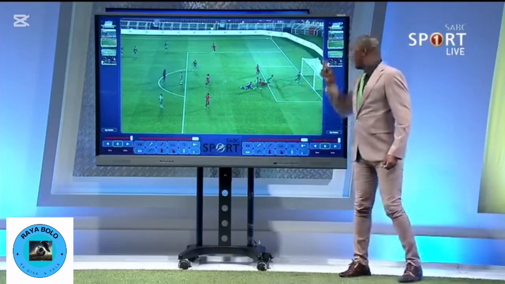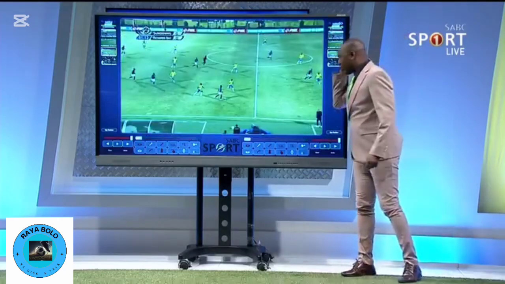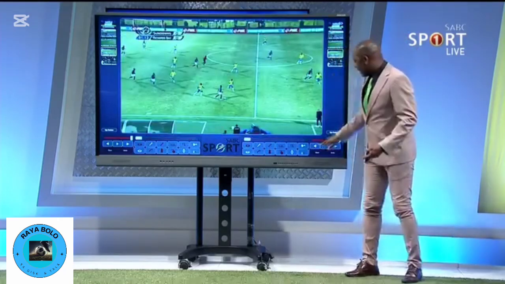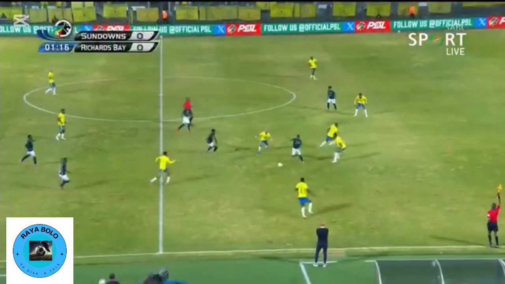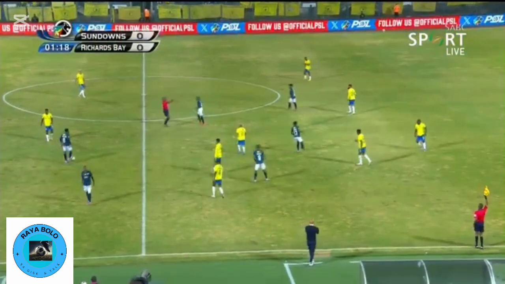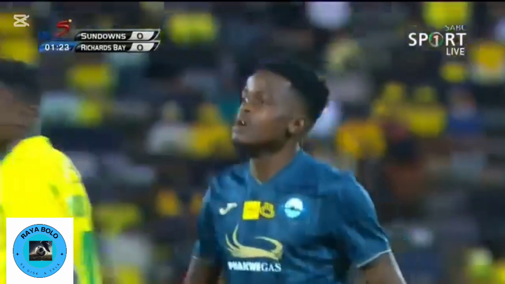Let's go to the next one. We see Gumede there being ruled offside. Let's go and have a look if he was nearer to the opponent's goal line at the moment the ball is played. We see a flag comes out from Baloi there, but let's draw the line so that we can